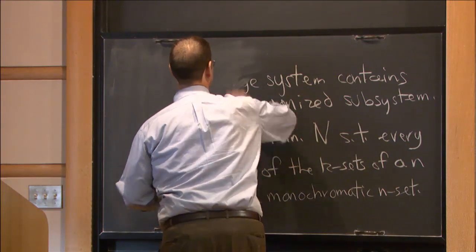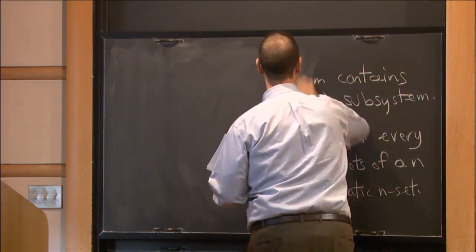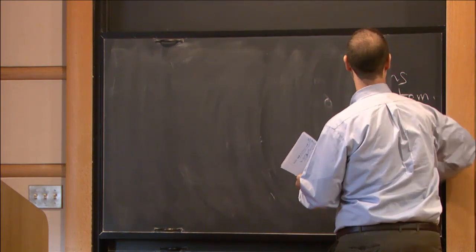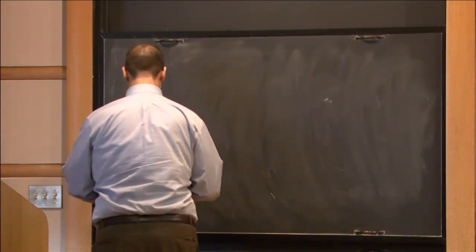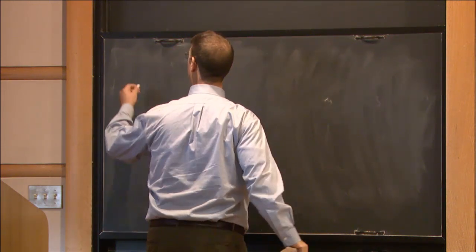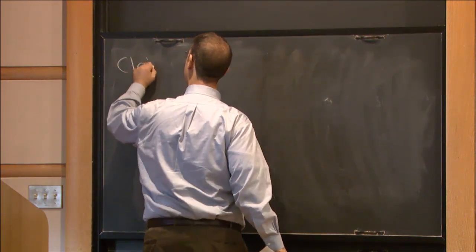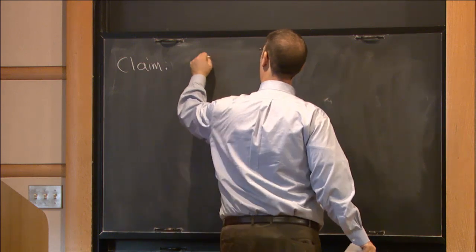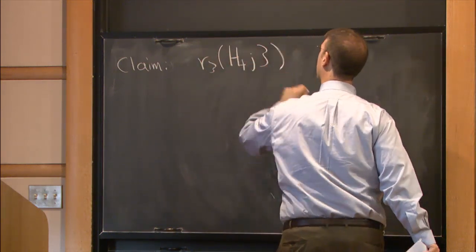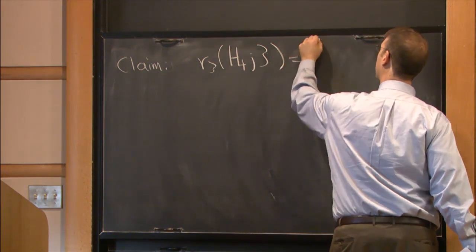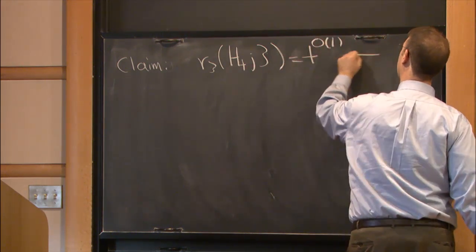One of the things we like to see is whether or not this 3-color Ramsey number is polynomial in T, the number of vertices. And so a claim, or a theorem, R3HT3 is equal to T to the big O of 1 is equivalent to the multicolor